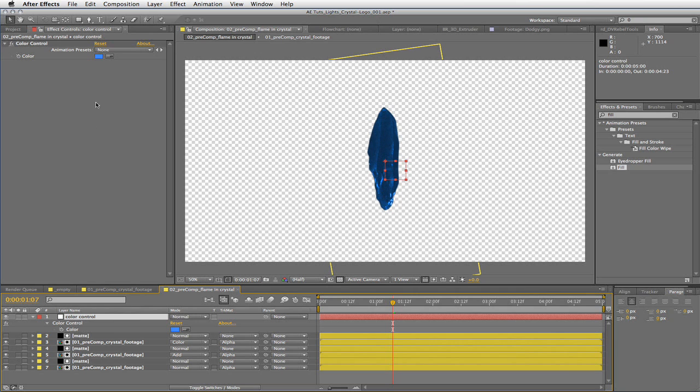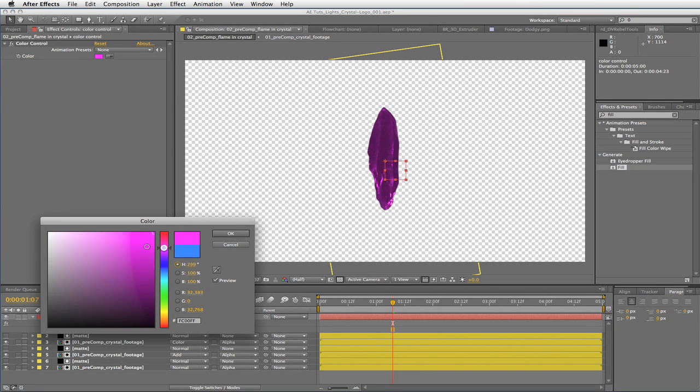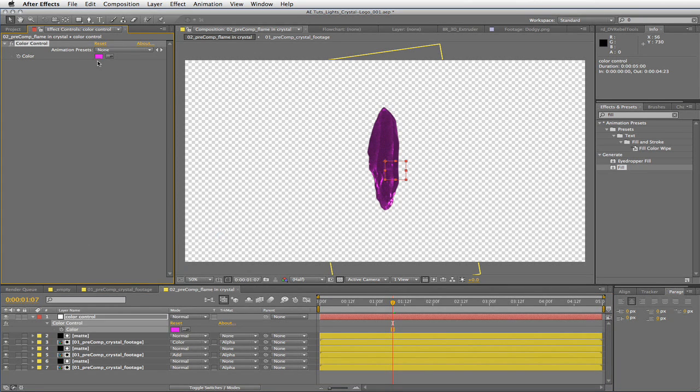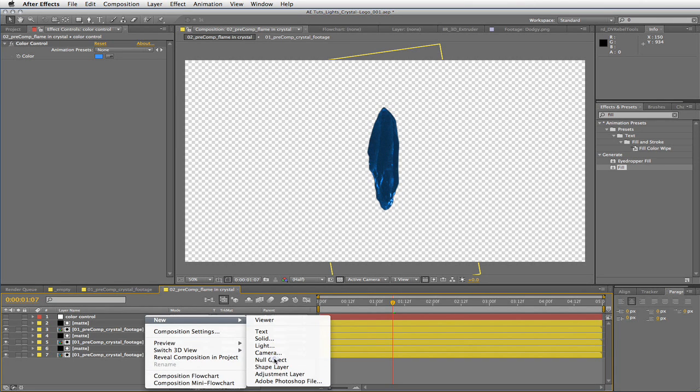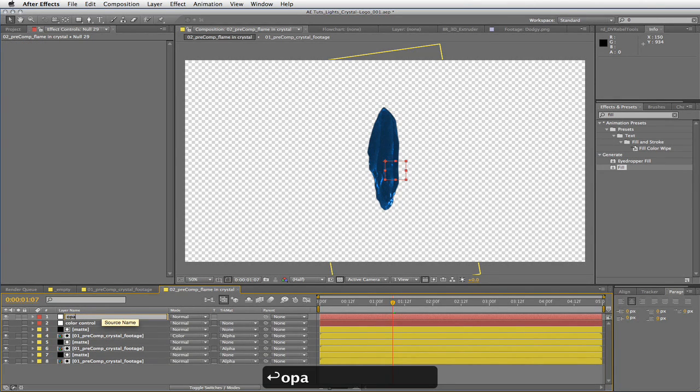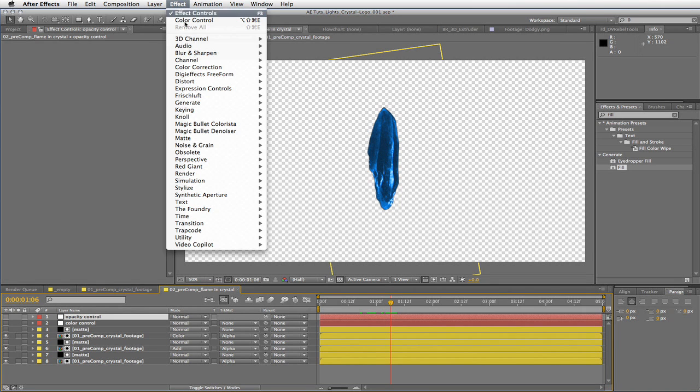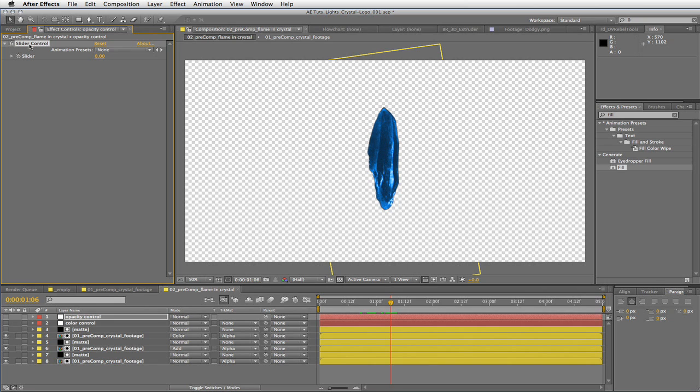And this way we can just change one color and it will change the billion trillion layers that we will eventually have. So let's just turn off the visibility of the color control null, create another null, and call this opacity control, because likewise we will be controlling the opacity of a bunch of different layers. This way we can fine-tune the effect by just changing one attribute. We're going to match the intensity of the light that we shined on our object. So let's throw on an expression control, slider control, and this will just be